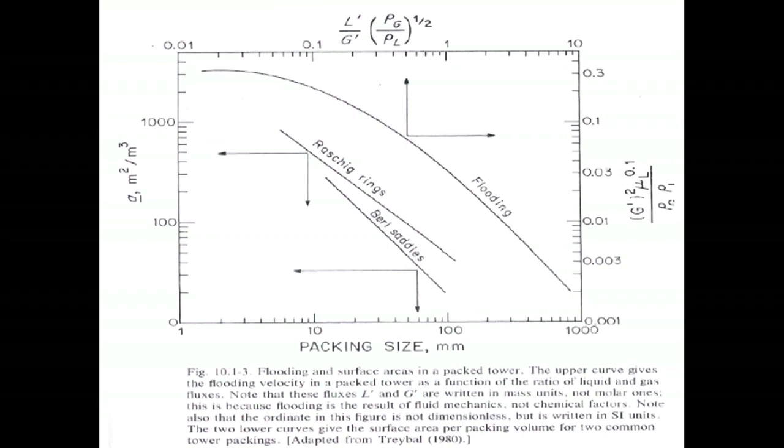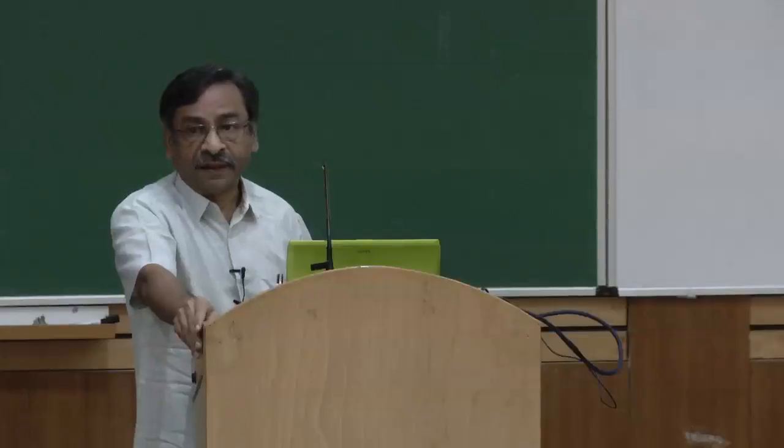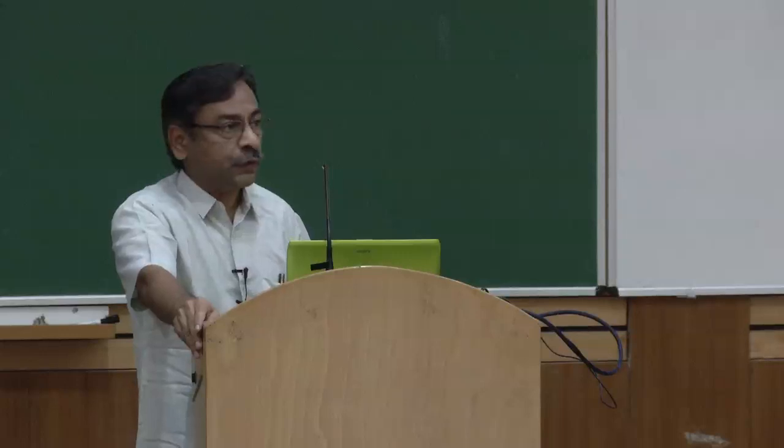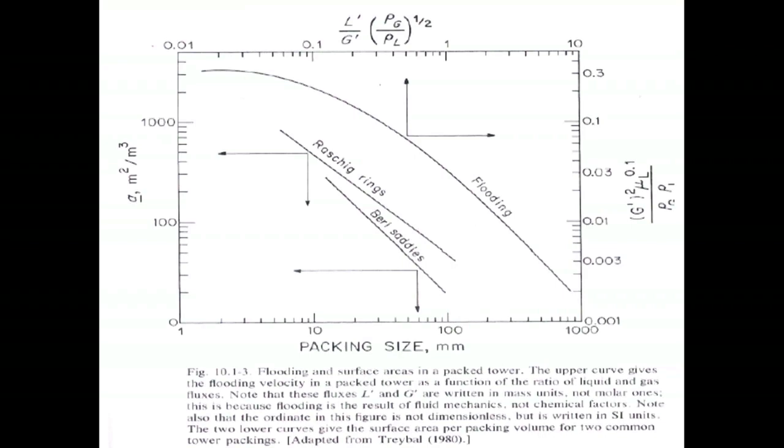And since the curve is the flooding curve, if you take any point on this curve, it ensures flooding. So if from the given molar flow rates of gas and liquid you calculate the mass fluxes, from here you should be able to identify the flooding point. This is the curve you construct from your experiments. We'll stop here and resume from here next.